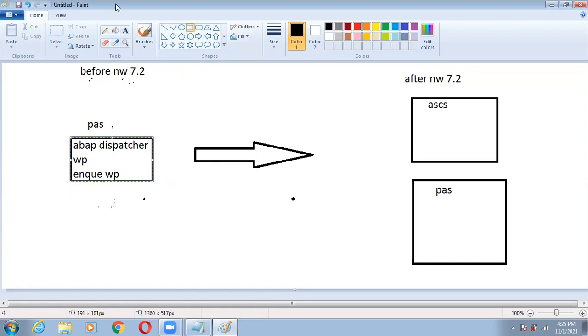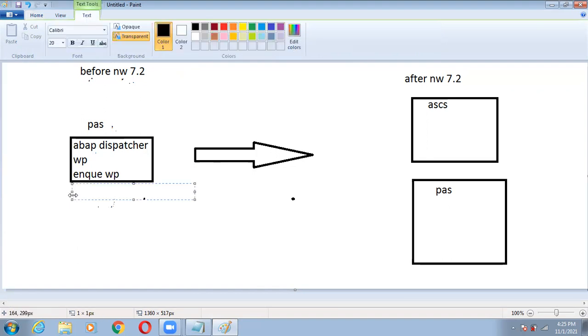In the same box, we have gateway, then we have ICM, then we have IGS, and message server.